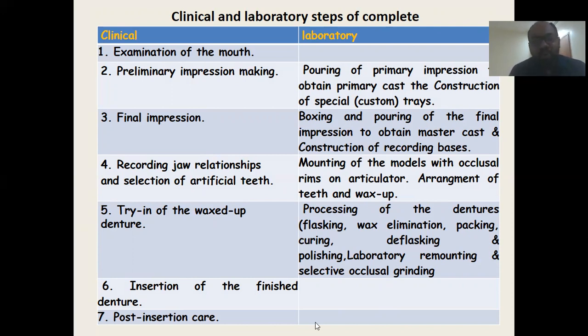And then you would have a next visit which involves primary impression making, and a third visit might involve final impression making. And then the next important visit is going to be the recording of jaw relationship. And next